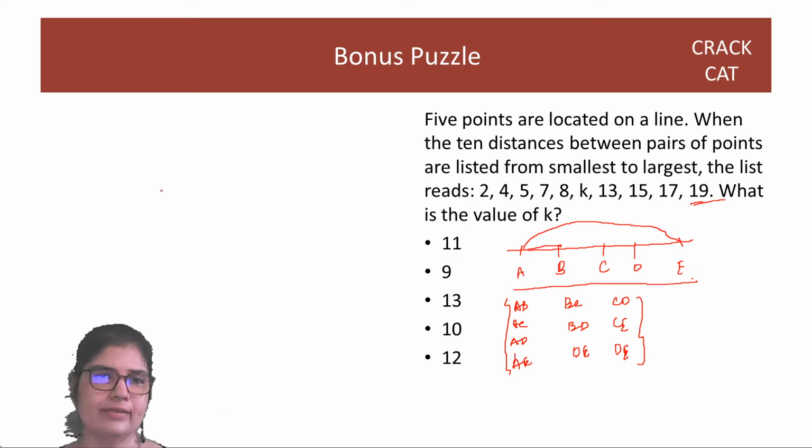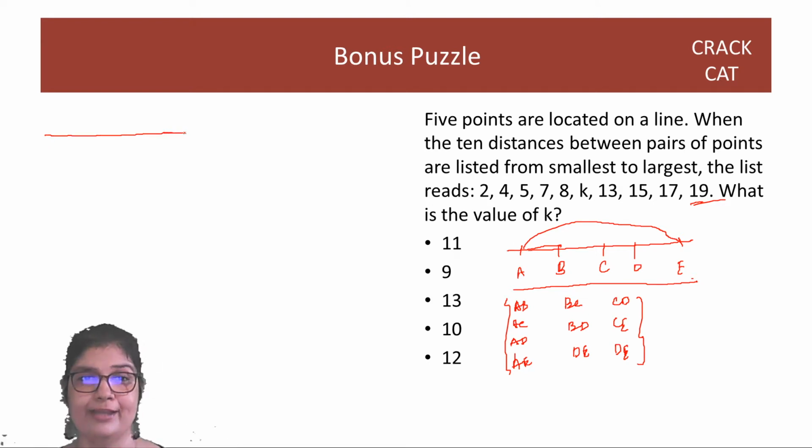Okay, so let's plot that now. Let's actually start drawing the line neatly. I'm trying to be very neat. Okay, so let's say the first point, I'm going to say it's on the point 0 on the number line. So the fifth point will be on 19 on the number line. So our largest distance is in place. And we've already got 2 points, right? 40% of the work done. Now, how do I find the third point?